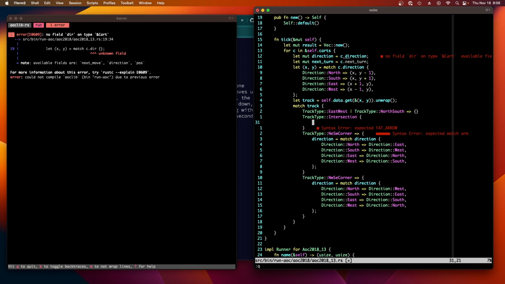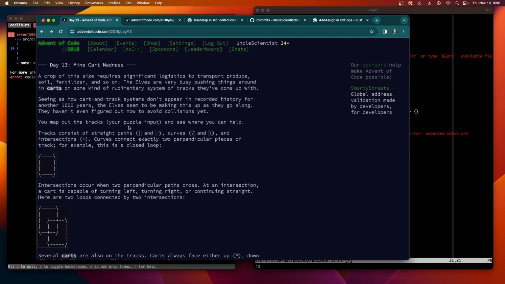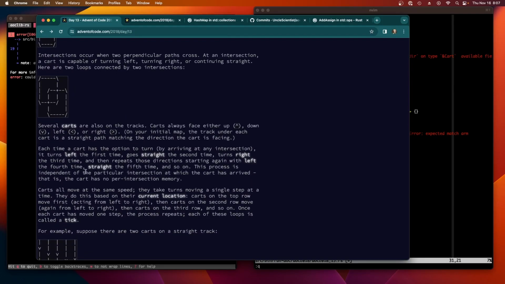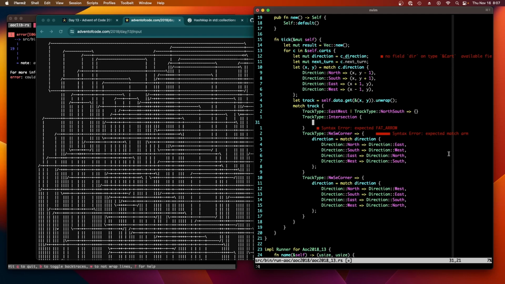So if our last turn, but we have to know, it turns left the first time, goes straight the second time, and then turns right the third time. I guess intersections always have all four directions available to them. So if we're at an intersection, we're going to first figure out what our new direction is going to be, right? Which is